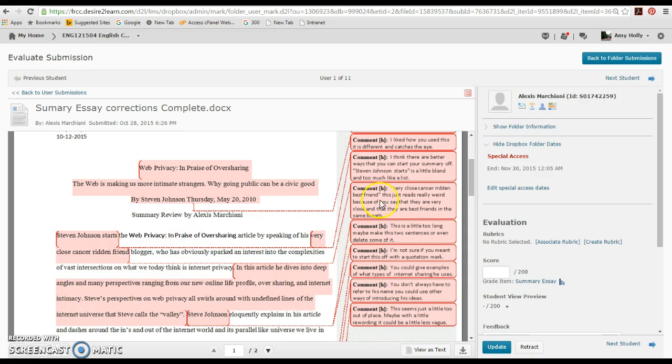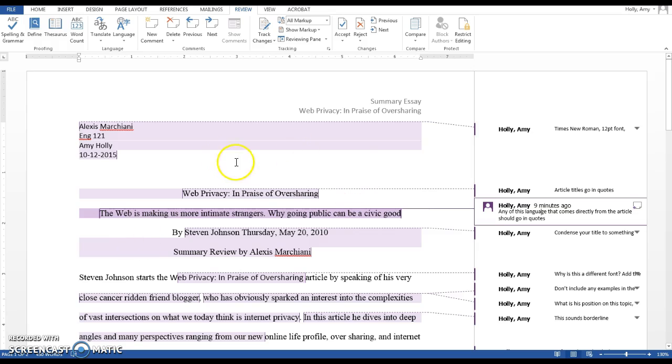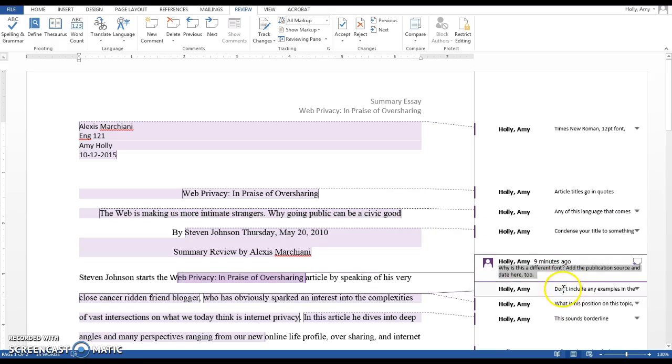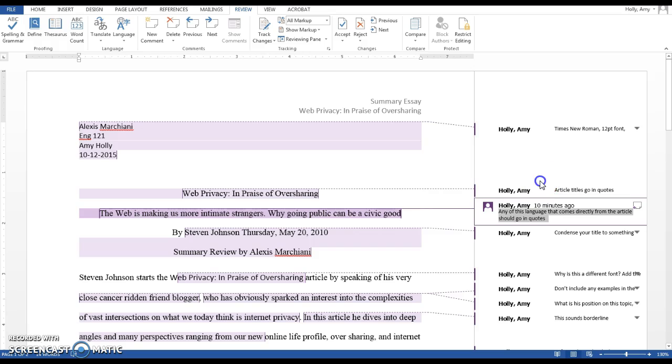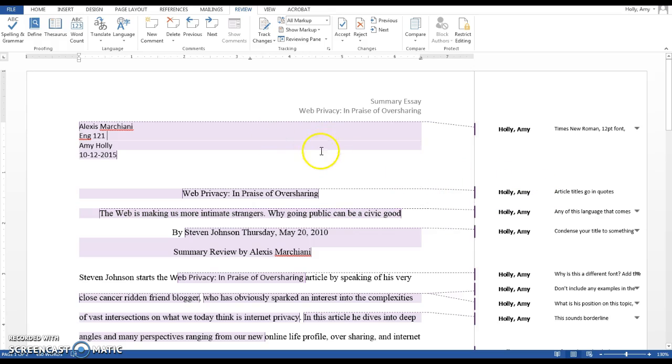I did take these comments off of the version that I marked up, but I just wanted to point them out to you here because you do not want your teacher to see this when you upload to the Dropbox. So here's the version that I commented on, and I'll send you a copy of this as well so that you have a hard copy of all my comments. You do have to click on them to make the whole thing show up, just so you know, because some of these are going to look like sentence fragments, but the rest of the comment is there if you just click on it. Okay, so let's start with your formatting.